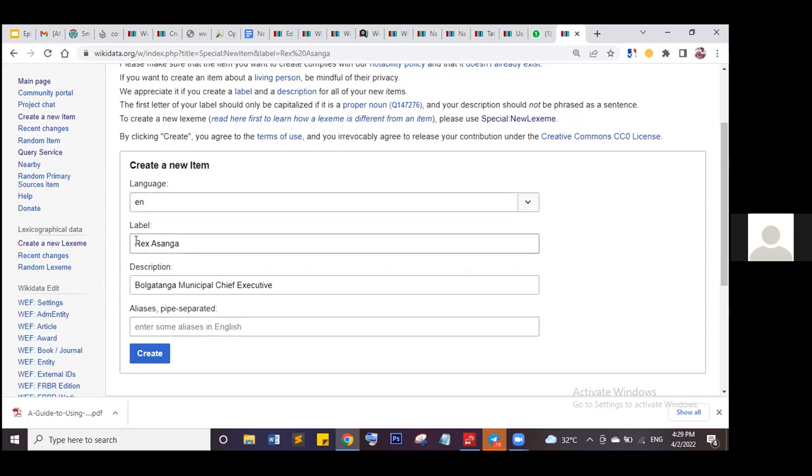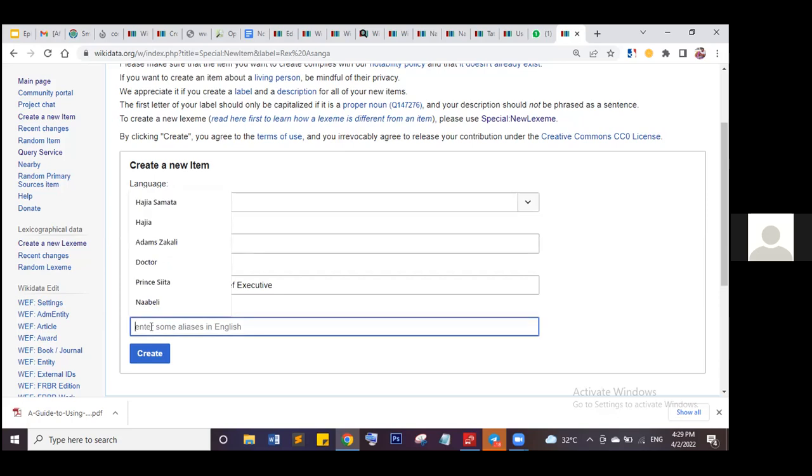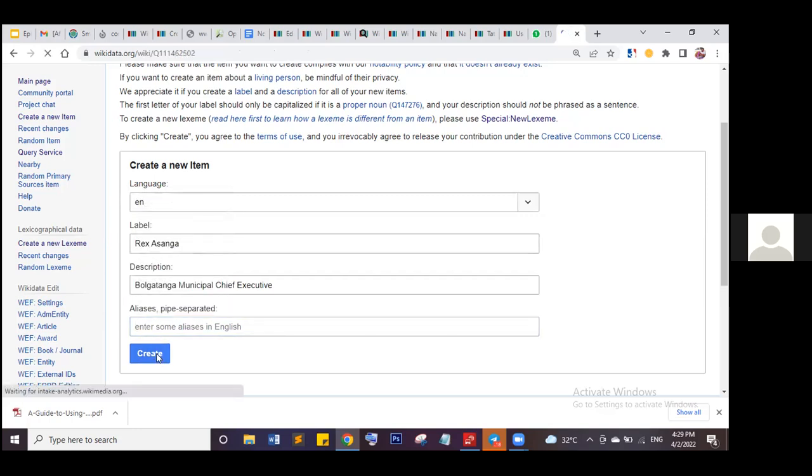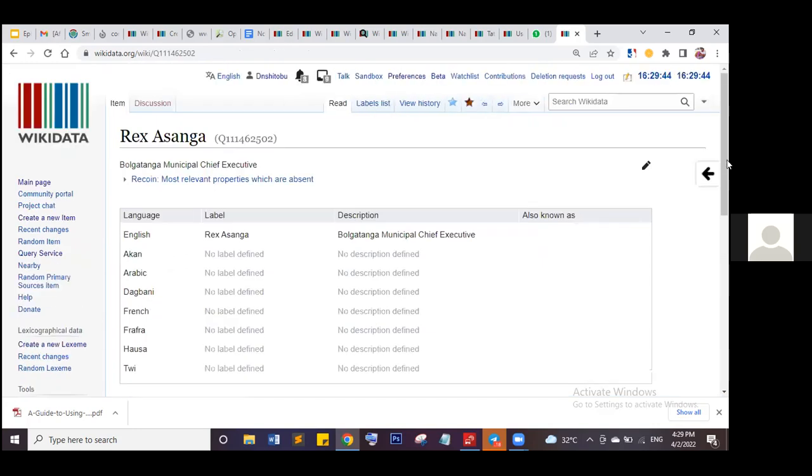But when it comes to the label, you don't add titles to labels. So even the president of the republic, it will just be Nana Addo Dankwa Akufo-Addo because the Nana is part of his name. But if the word Nana was a title, as it is used in the Ashanti Kingdom, then we would have taken off the Nana and just brought Akufo-Addo. Mr. But maybe he's known by another name, then we can enter here. If that is not there, we can just hit on create. Then we create an item for